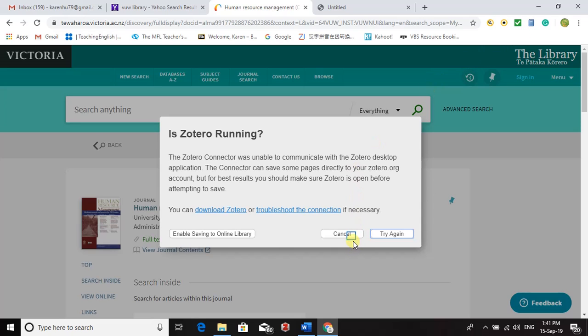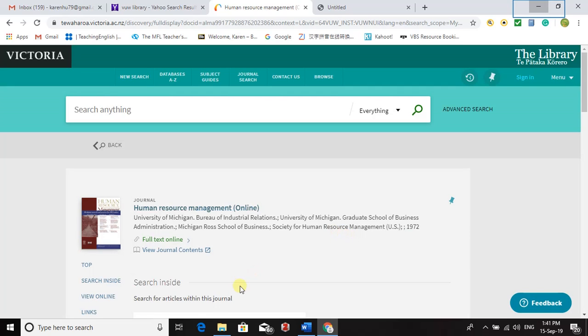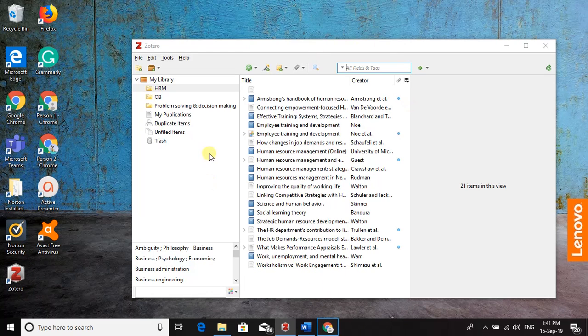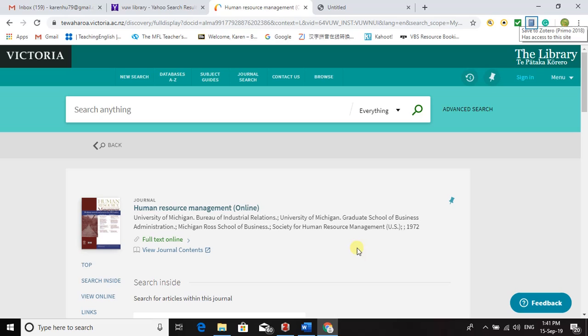So it looks like my Zotero is not running, so I just need to click Zotero and make sure it's running at first. So once you click on it, you'd be able to see an interface like that. That's just showing that it's running. So now, to add any books or articles, make sure it's a legitimate website, otherwise Zotero won't be able to read it. So I normally just use Victoria University Library website, search any book or articles I need, and then you just